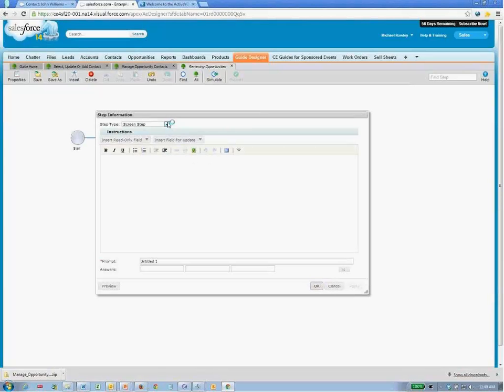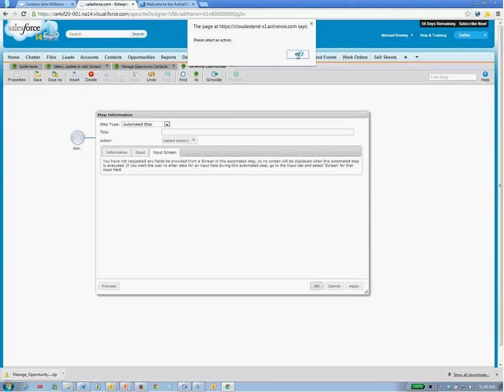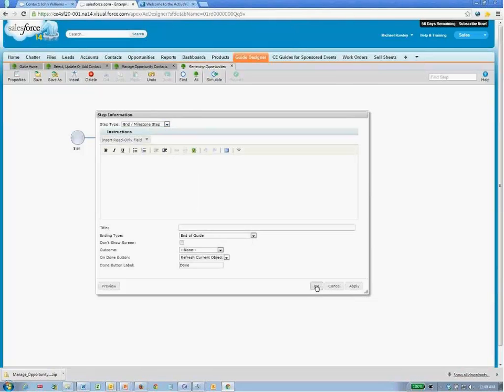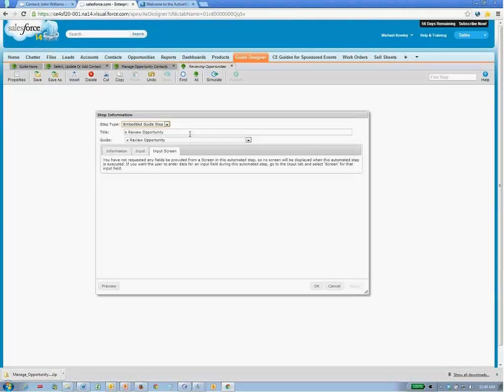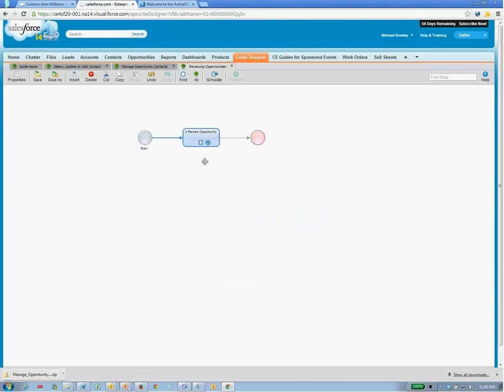And then when I'm done, I'll just say done. So let's see. Select an action. I want to end the guide. With this step, this one that I previewed and I showed a table that looks like this, this is one of these dynamic tables that is going to show a row for each result from Salesforce, for each opportunity found in Salesforce. Now, if I go into the guide that was just created, this is running on a single opportunity,